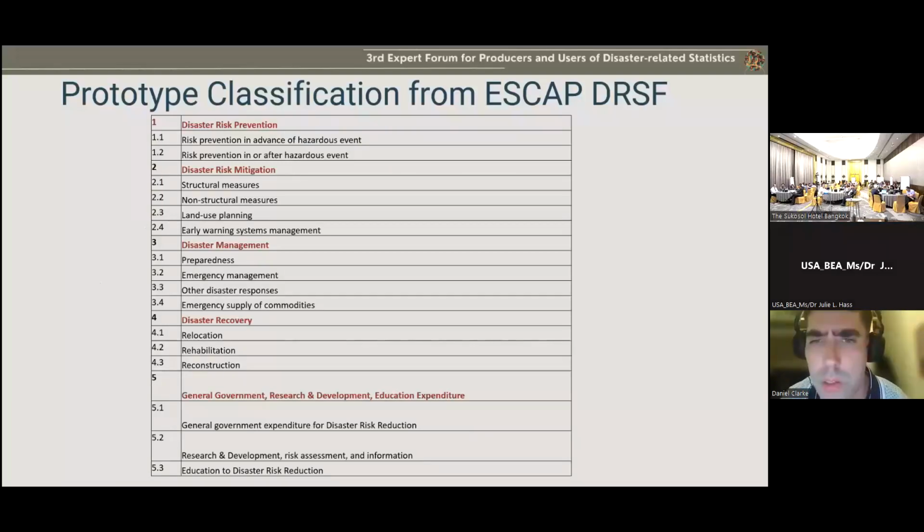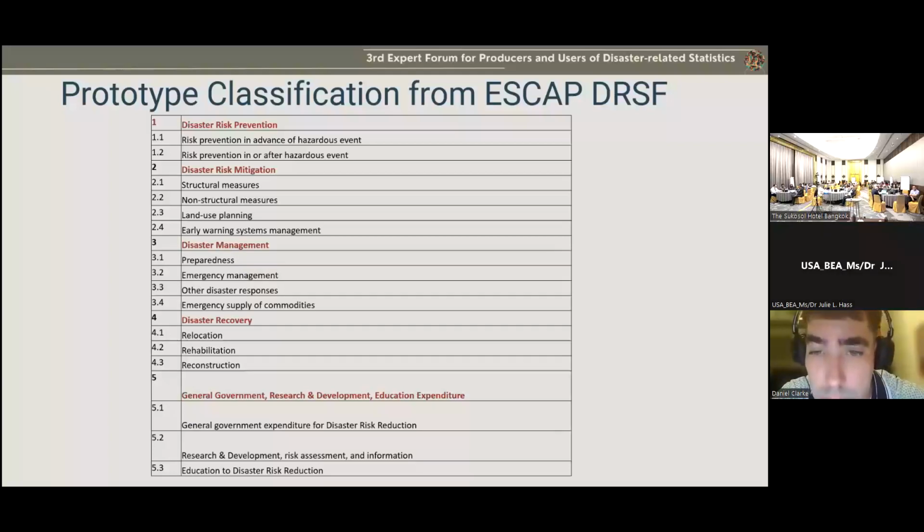Now moving on a bit to the disaster-related statistics framework, or DRSF, and my previous work at ESCAP. I'm not sure, perhaps this has already been talked about, the history here a little bit at the forum, but I think there's no harm in quickly repeating it. This work came about over a decade ago, I believe, through a decision from the member states of ESCAP, so all of the Asia Pacific governments, to prioritize working on this topic in general, the disaster-related statistics,